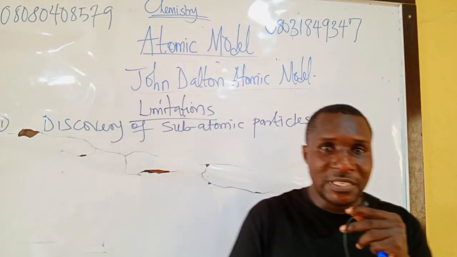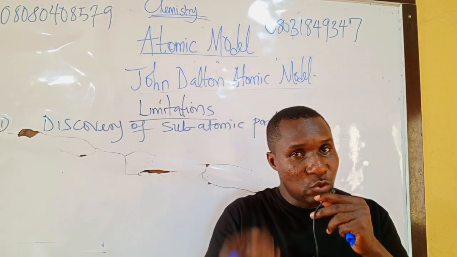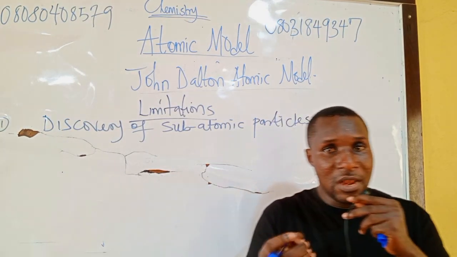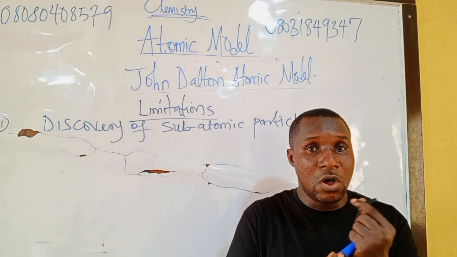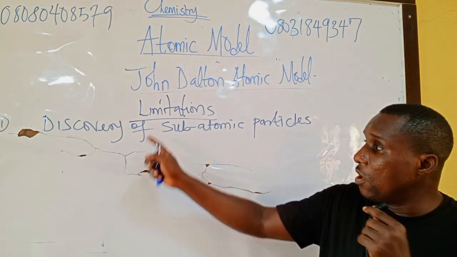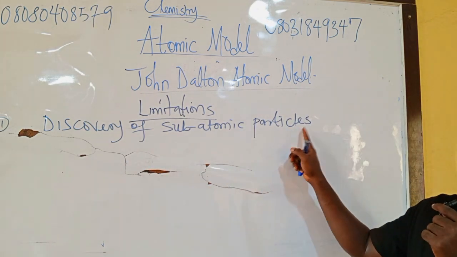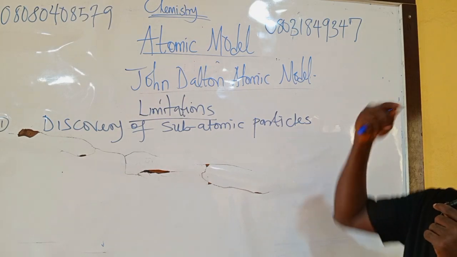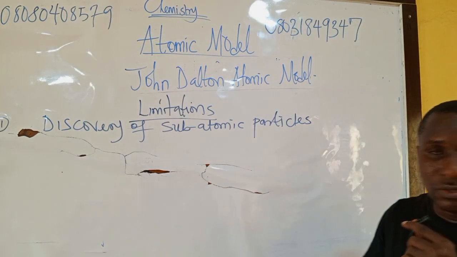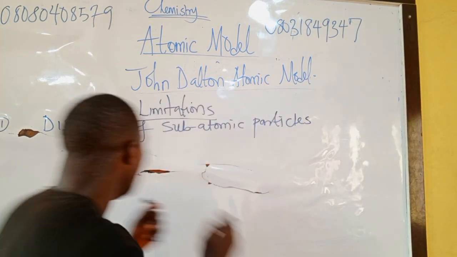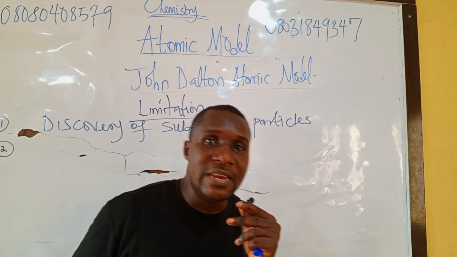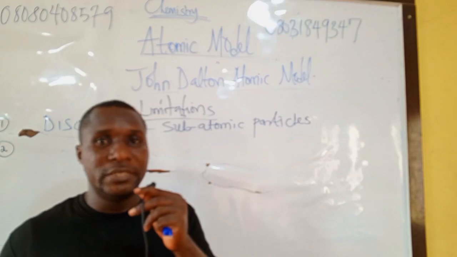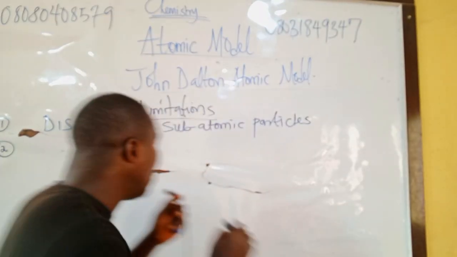The atom is tiny and indivisible, that all elements are made up of tiny and indivisible particles called atoms. The discovery of subatomic particles such as electron and proton proved that wrong. Take note. Number two, that atoms can neither be created nor destroyed. What proved that wrong is